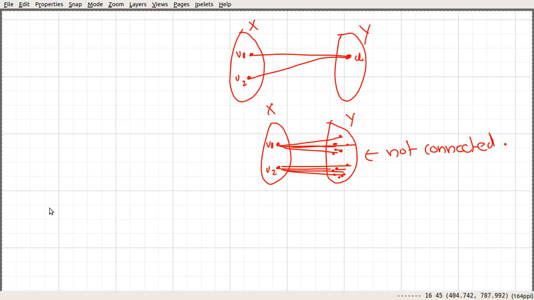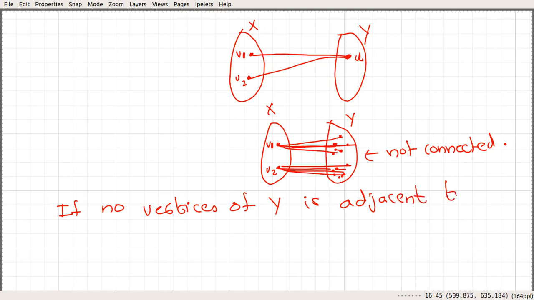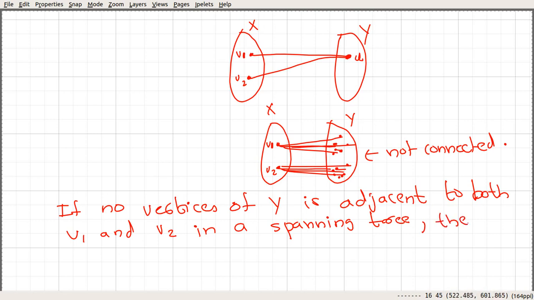So we can see that if no vertex of Y is adjacent to both v1 and v2, the situation is something like this in a spanning tree, then the tree would be disconnected.